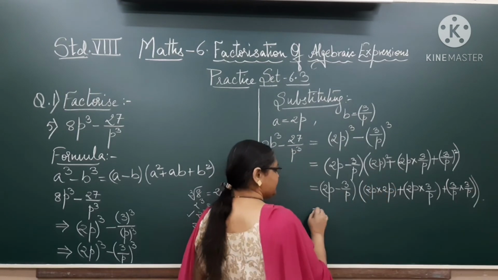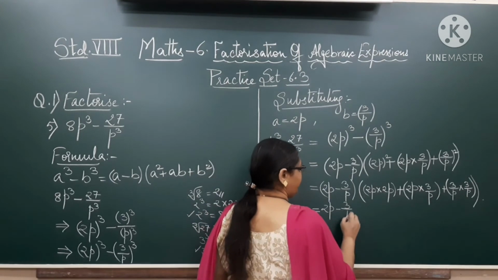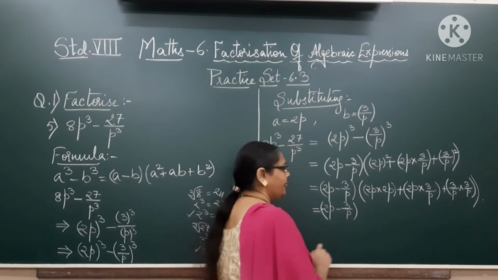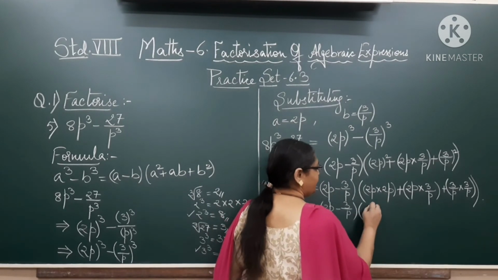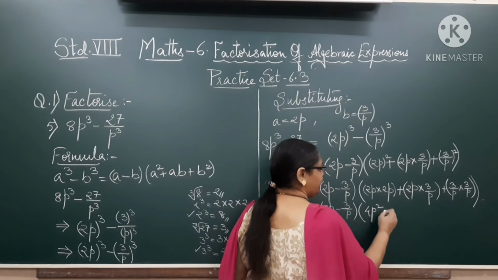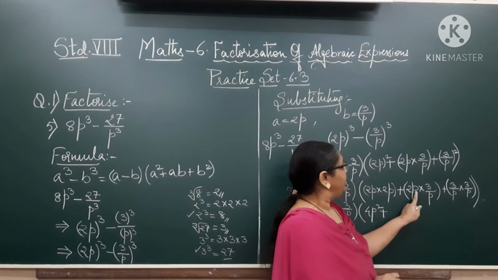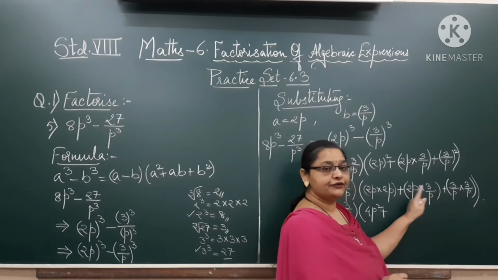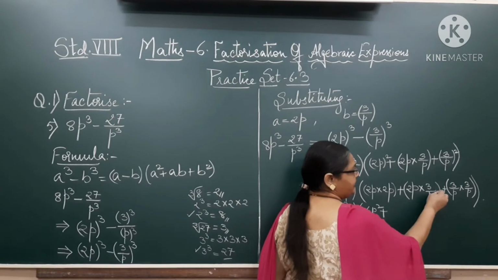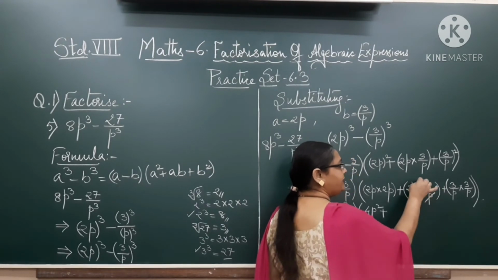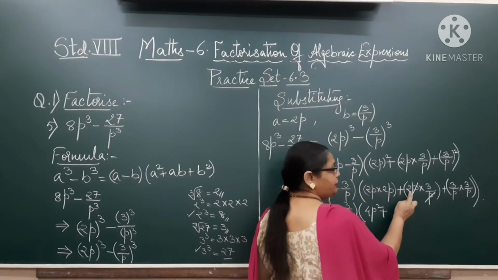So now let me simplify this. It is equal to (2p − 3)/p as it is. Here 2 2's are 4, p into p is p squared, so 4p squared, plus now here you have 2p into 3, so 2 3's are 6p upon p. So this p in the denominator can be cancelled with this p in the numerator, and directly 2p